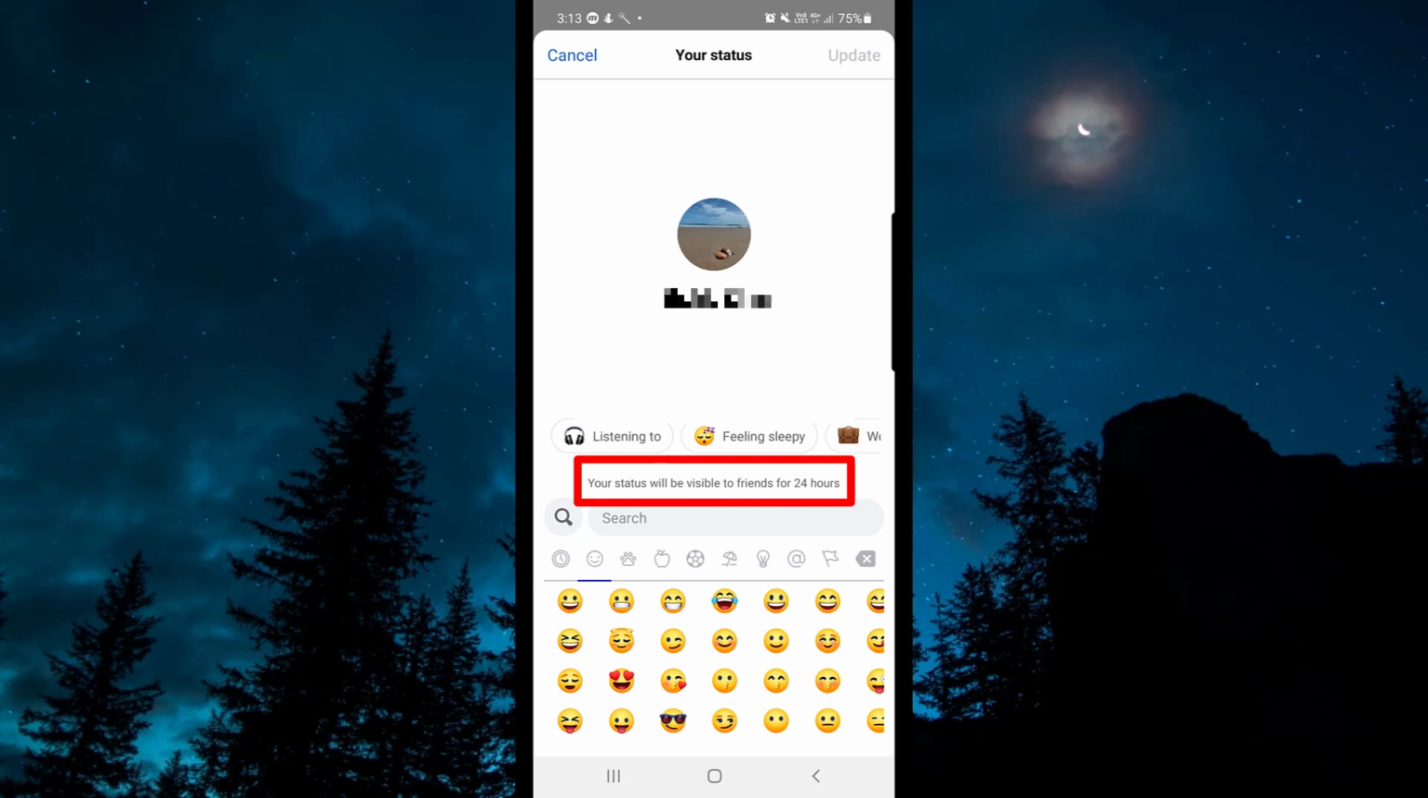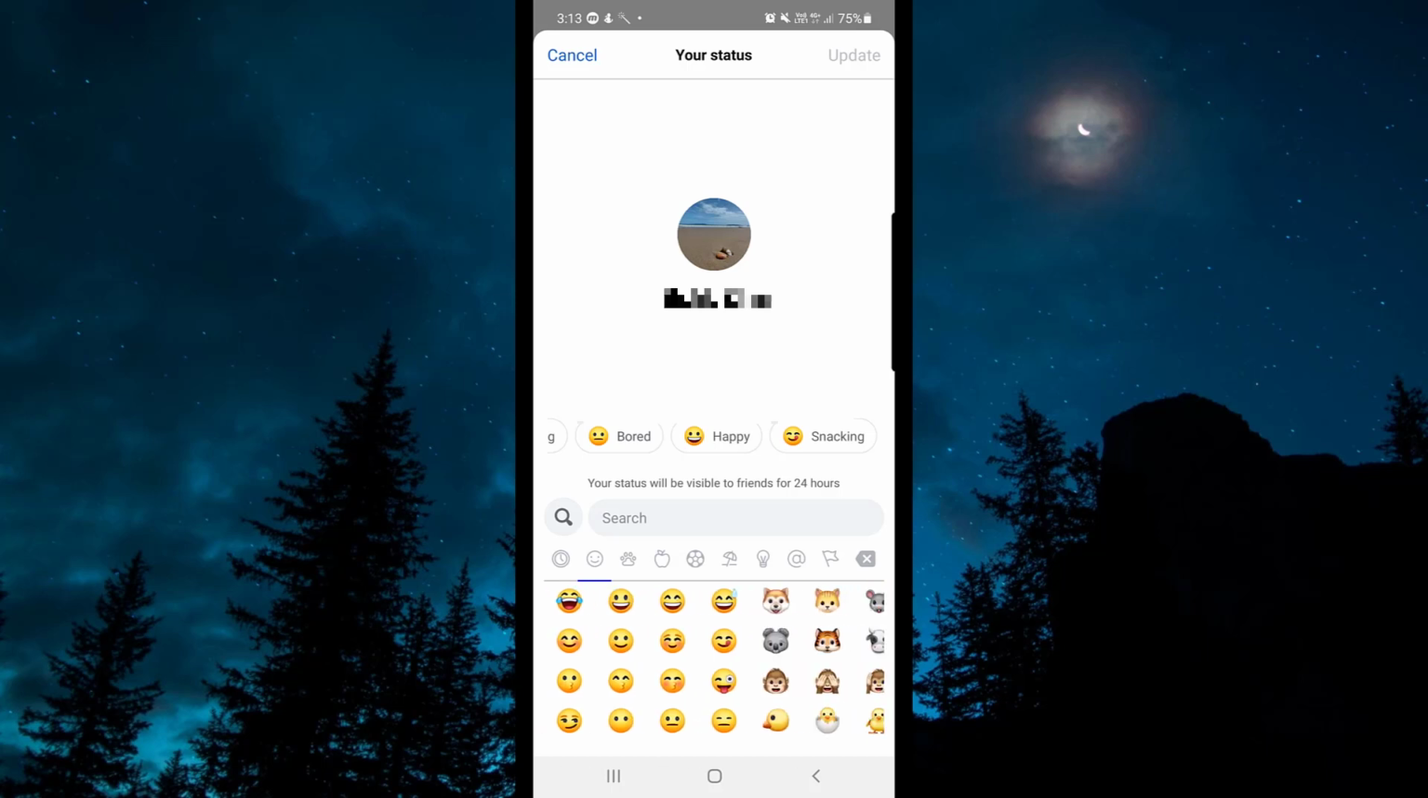There are options that you can choose from: listening to, feeling sleepy, working, happy, snacking, anything if you want to select from here. But if you want to select a different emoji which is available here, there are many options that you can select from. You can select any emoji, and once you select any emoji,